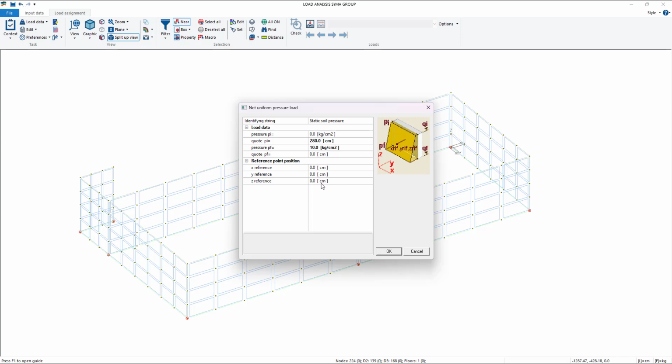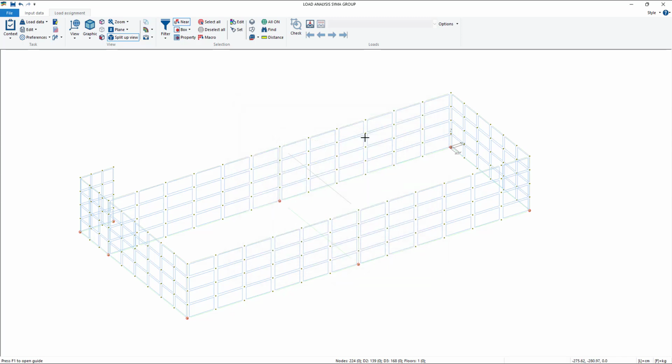I'm going to show you an example. Okay, let's say that I'm going to insert the reference point internal to the structure. Usually this is quite a good strategy when we talk about static soil load. Okay, once again I have to go out.